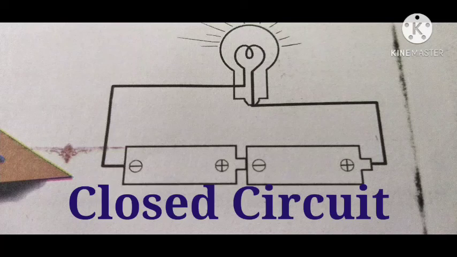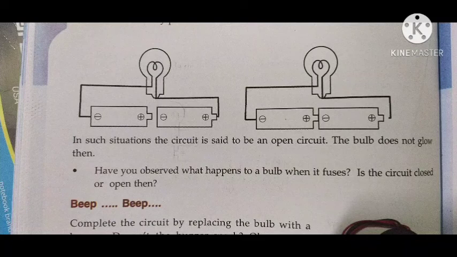Okay, this is the closed circuit. There is no gap between any components. If we disconnect any part of the circuit in any place, in case of bulb, cells, wire, etc., the bulb doesn't glow. You are given 2 circuit diagrams. In the first one, there is a gap between the torch cells. You see, in the second diagram, the wire is not connected to the battery. In such situations, the circuit is said to be an open circuit.